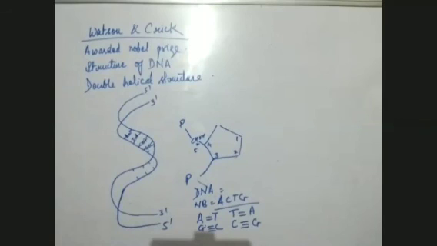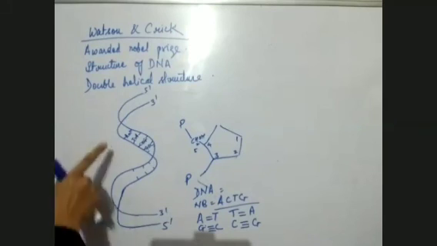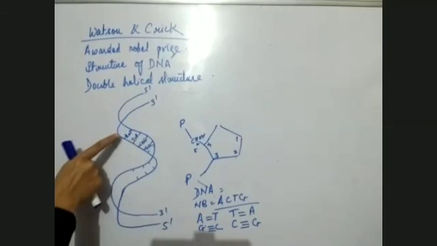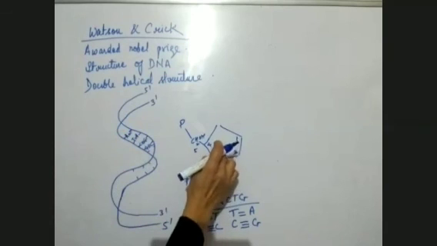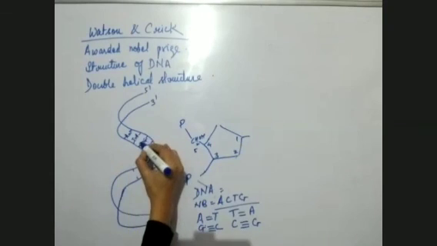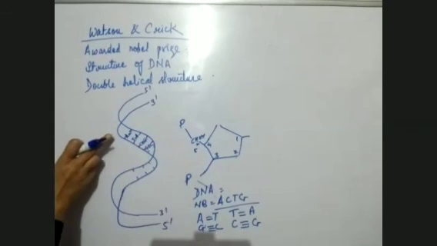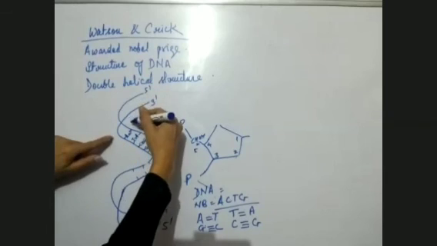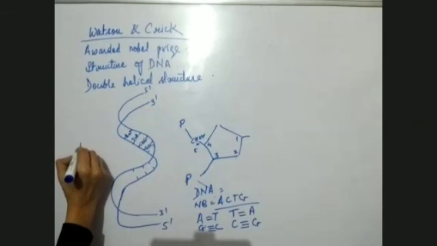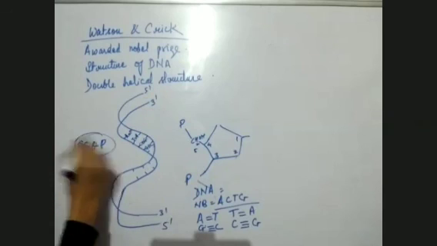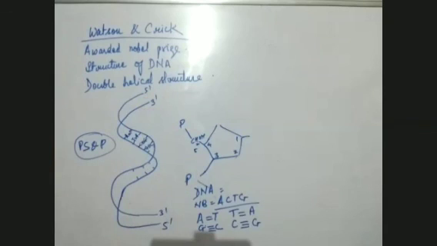One more thing which I want to bring to your consideration is the center of this DNA molecule. The core of the DNA molecule has the nitrogenous bases. See, in the center, what do we have? Nitrogenous bases. But what do we have on the sides? On the sides, we have two things, pentose sugar and phosphate. They form the peripheral side of the strands, and the central core of the DNA molecule is formed only by nitrogenous bases.